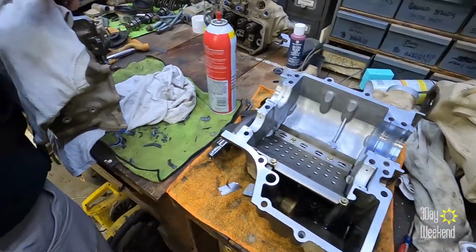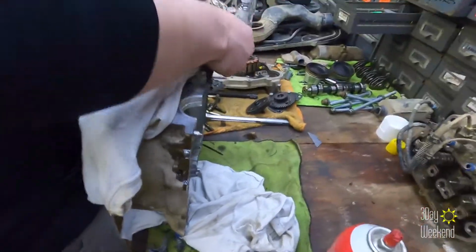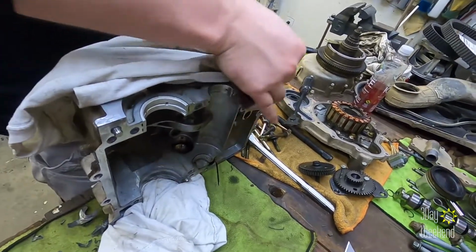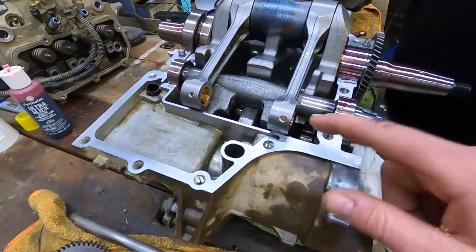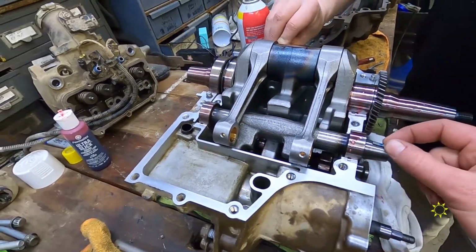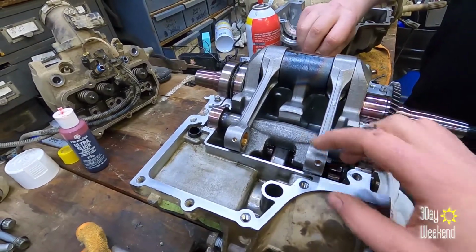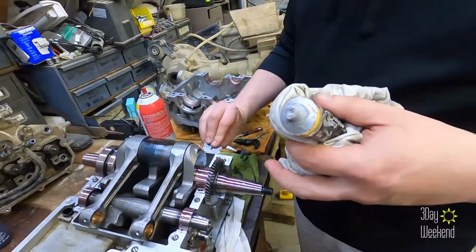Clean. Not as clean. Getting clean. Gotta be clean. So we got the camshaft, the balance shaft, yes, nailed it, and the crankshaft all installed. We got assembly lube on there. Now he's going around with the